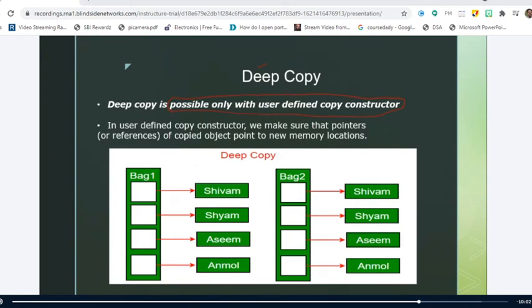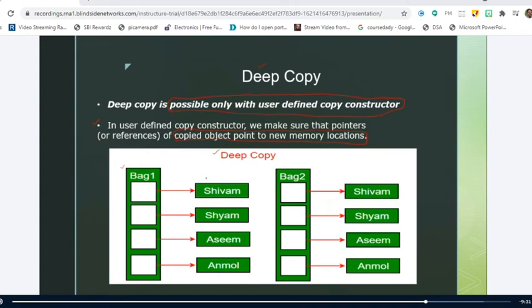Yes, sir. So in the user-defined copy constructor, we make sure that the pointers of the copied object point to the new memory location. This is very important. But in the shallow copy, we are not ensured that the pointers have new memory locations. If you observe the deep copy diagram, bag1 is one object having character pointers to Shivam, Shyam, Asim and Anmol.